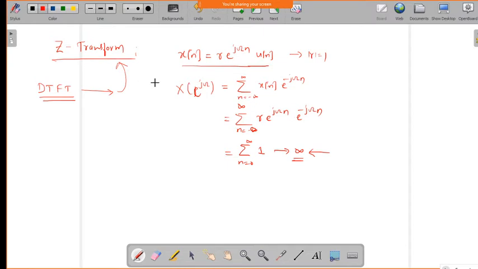So we can take this signal itself and try to evaluate the Z transform later, how we can get the Z transform of this signal. What is the Z transform, and what is the equation to get the Z transform of discrete time signals x of n? That we will see.